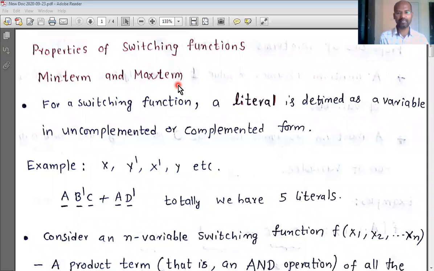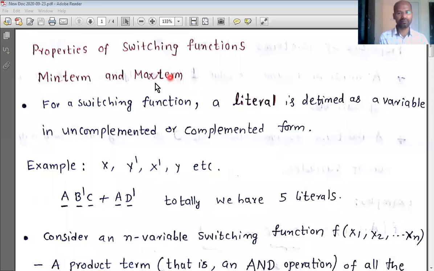That can be done by using canonical forms. That is the second step. And in the third step, we simplify it by using Karnaugh maps or the simplification methods that we have discussed already. And in the fourth stage, we implement the Boolean expression that results after simplification. So what we are seeing is a sub-step in building up canonical forms. So we have the following terminology called minterm and maxterm.